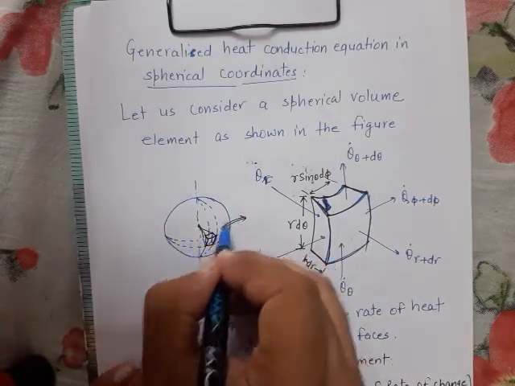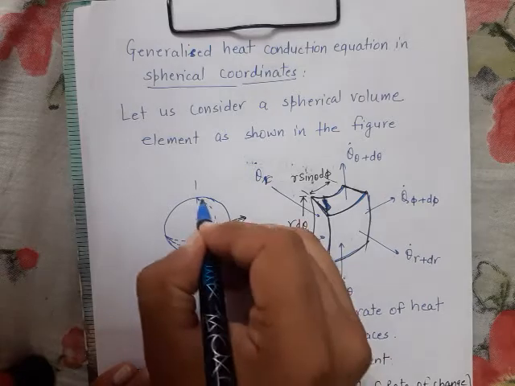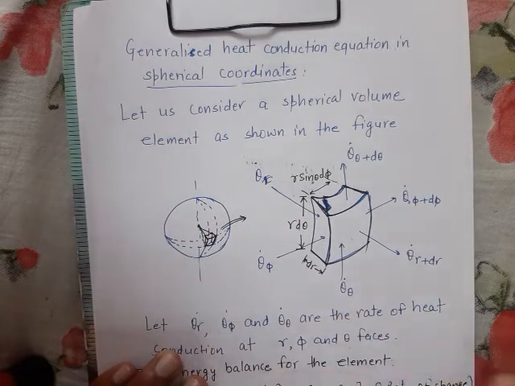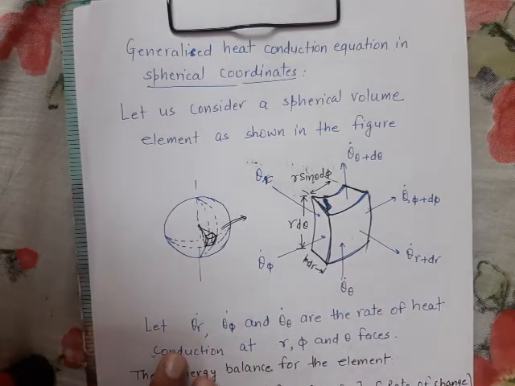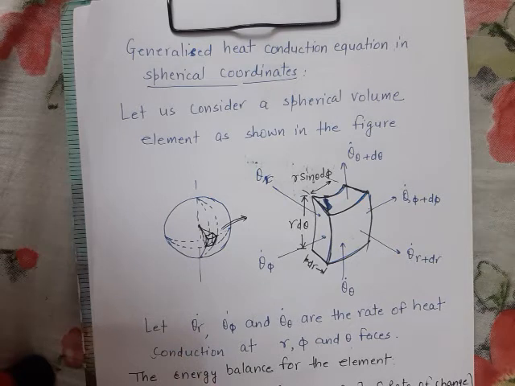Radial, circumferential and polar direction. So three directions are there. Dear, you will not be able to understand this from any of the books. Please note this point. I am going to clarify the point over here only. It would be very difficult for you to understand from a book. So please note very carefully.